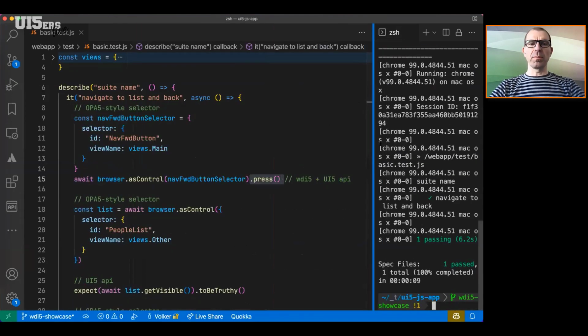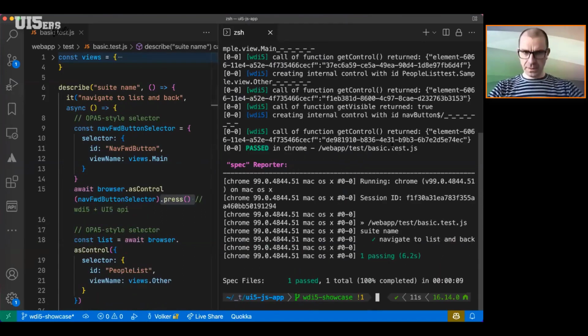Interesting is probably that out of the box, we're also providing two very convenient ways of having wdi5 running on the side. So on the one hand, you can debug the test at runtime. And on the other hand, you can morph into a sort of test-driven development mode, if you want to call it like that, which means you can have the test running permanently on the side, and then actually manipulating the test, and the test's going to start over. So let me show you both. Will it know, Volker, which tests are necessary for one change? Yes. So it selectively only runs those tests that you change at dev time.